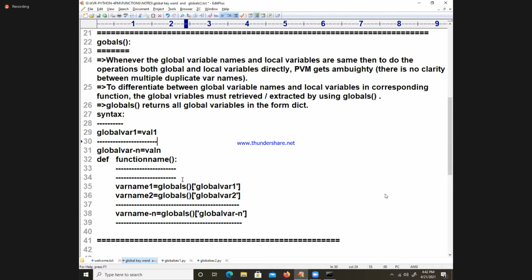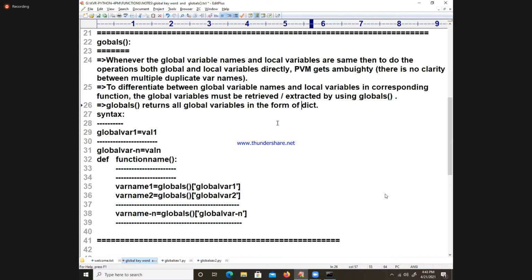If you say completed, then I will go to the program one. Globals function returns all the global variables in the form of dict.